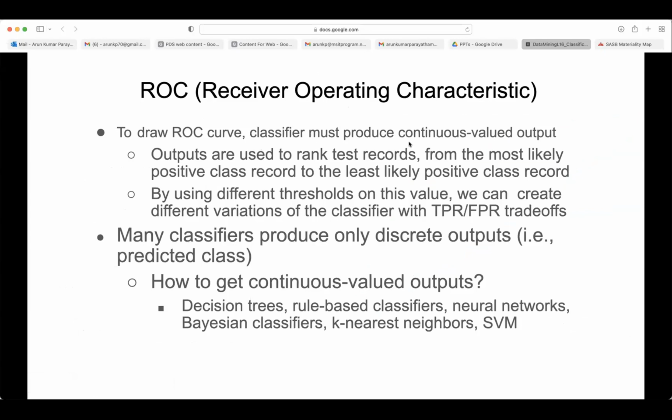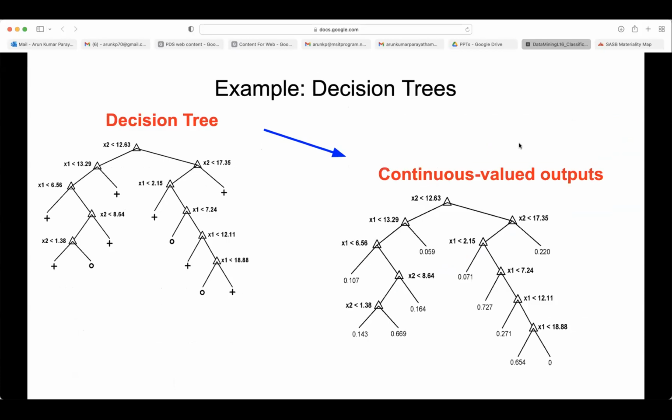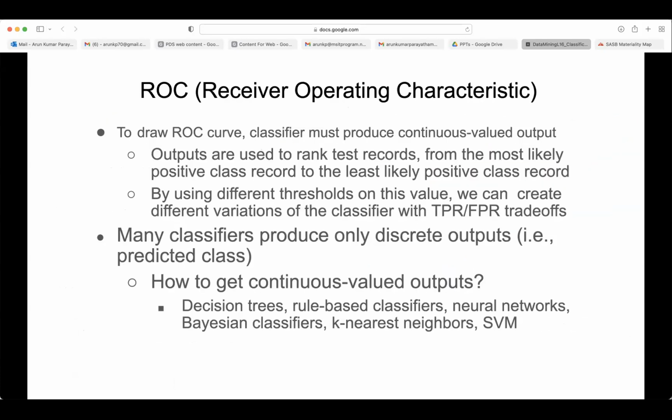To draw the ROC curve, the classifier must produce continuous valued outputs. So what are continuous valued outputs? The logistic regression output is what? They are probability values to be positive or negative, right? Then we put a threshold. According to the threshold, if it is less than, we predict something, and if greater than, we predict something else, right? So they are continuous values. The logistic regression always predicts a value between 0 and 1. Similarly, your SVMs and neural networks also, because what function do you take there? You take the sigmoid function, right? The sigmoid value is always between 0 and 1.